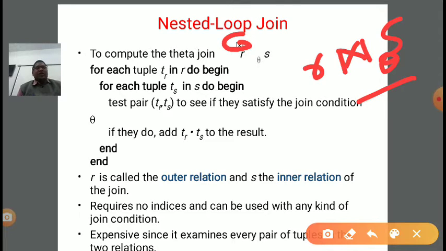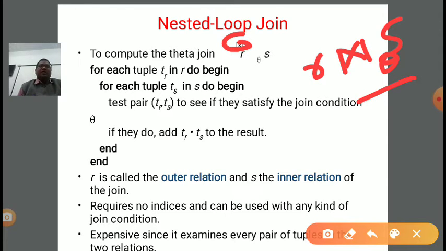For each tuple tr in relation R, we need to do, for each tuple ts in relation S, test the pair (tr, ts) to see if they satisfy the join condition theta. Join condition satisfaction means there should be some common attribute; based on that we can apply the join operation. If the condition is met, then add tr·ts to the result, and then end the inner loop and the outer loop.